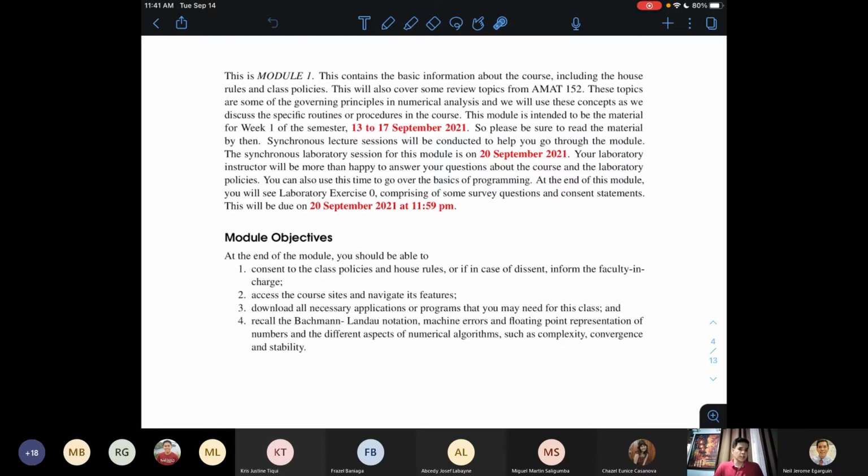So it is highly encouraged, if you have time, to do the lab exercise before the lab session so that you already know what questions to ask or what difficulties you encountered, para specific na yung guidance sa inyo ng inyong mga lab instructors, all right? But if you don't have time, then you can spend the time allotted for the lab exer to do the laboratory exercise, because yun yung bilin ko sa mga lab instructors when they design.